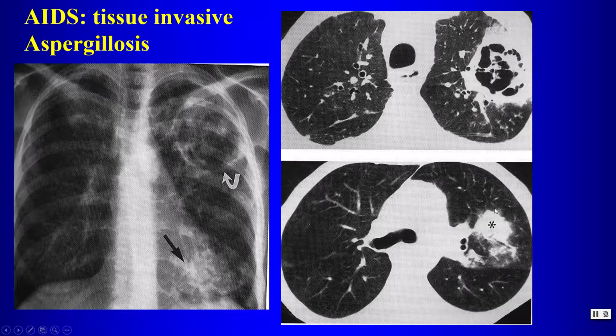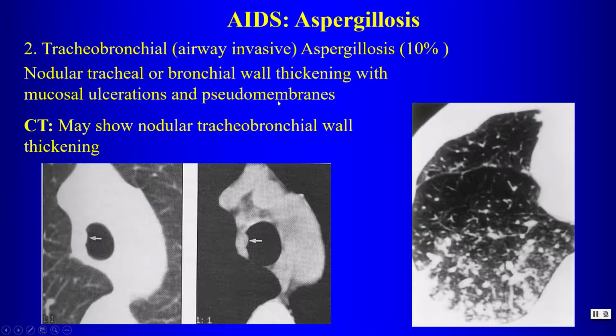So we might see that with invasive aspergillosis, but another form of invasive aspergillosis that these patients can also get is airway invasive aspergillosis. This can affect the trachea and might affect the small airways. So these patients might have nodular opacities along the tracheobronchial walls, tree and bud opacities here within the small airways